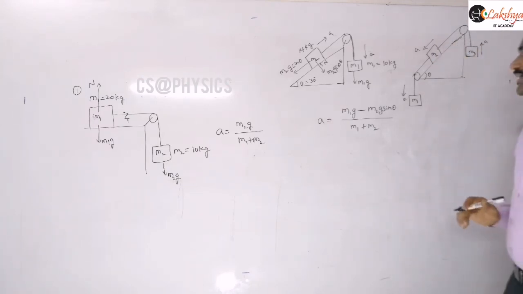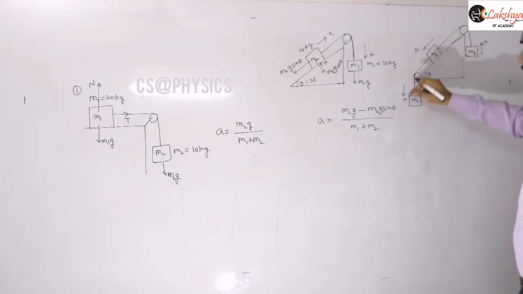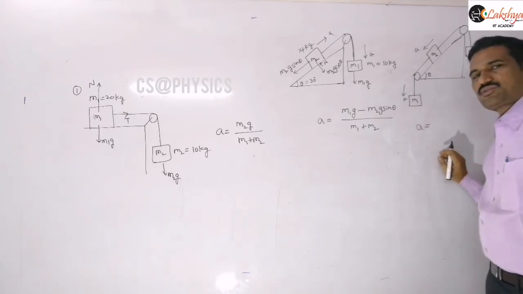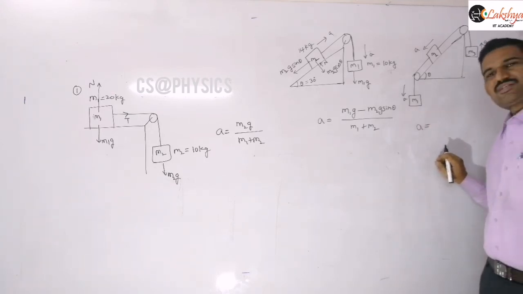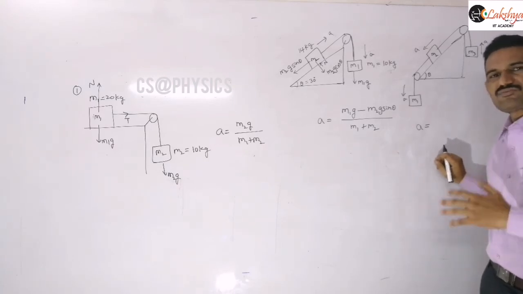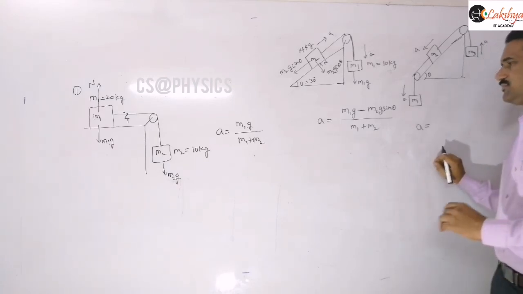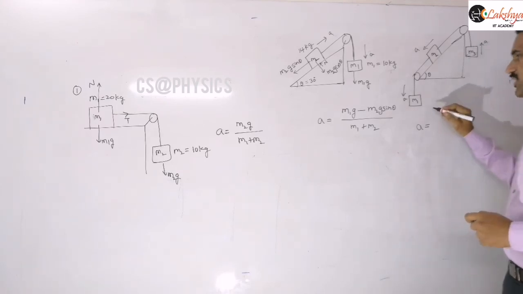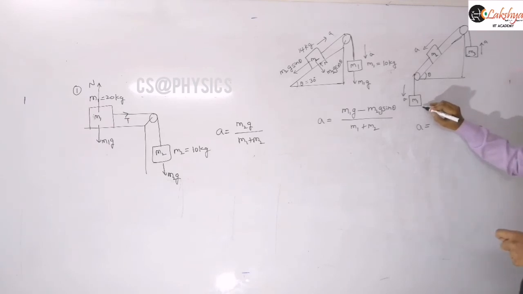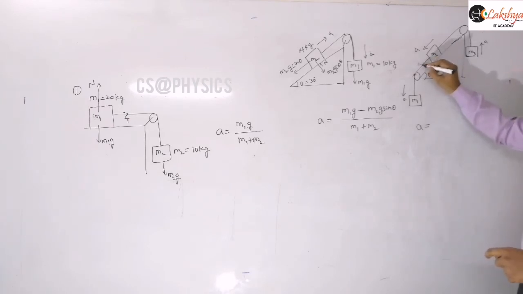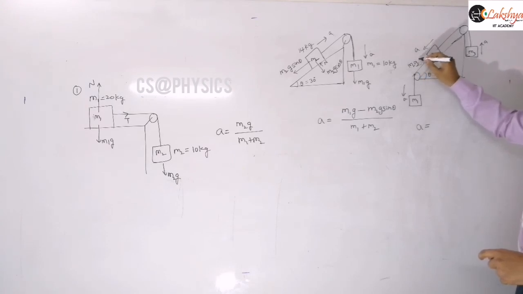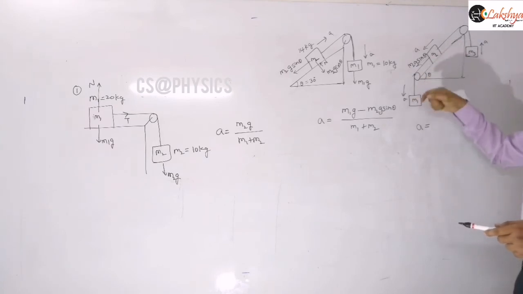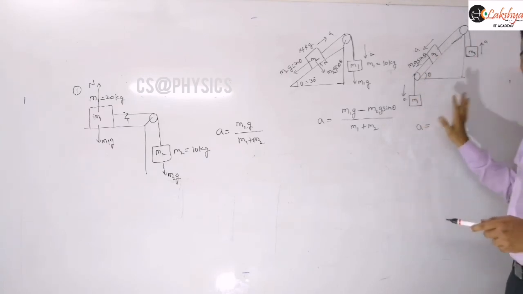So now let us write the acceleration of the system directly, as we are assuming this m1 is moving in the downward direction. Can you say which is the accelerating force here for this entire system and which is the opposing force? Is there any opposing force or not? The weight of this block is accelerating, and the component of this weight, m2g sine theta, is also accelerating. So we need to consider only the weight components when writing this.